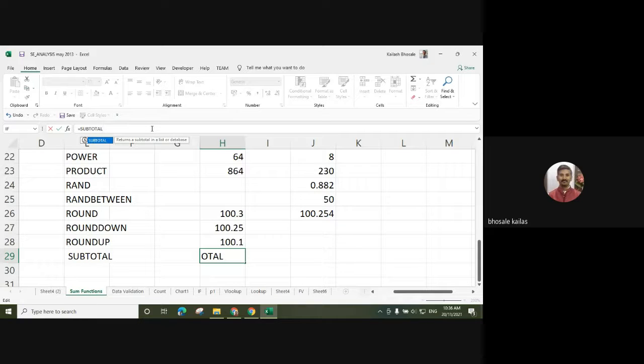It returns a subtotal in a list or database. So we have to make the subtotal first. Average, what do we want to find out? Average or what is this? Similar to the AGGREGATE function, we can use the SUBTOTAL function.